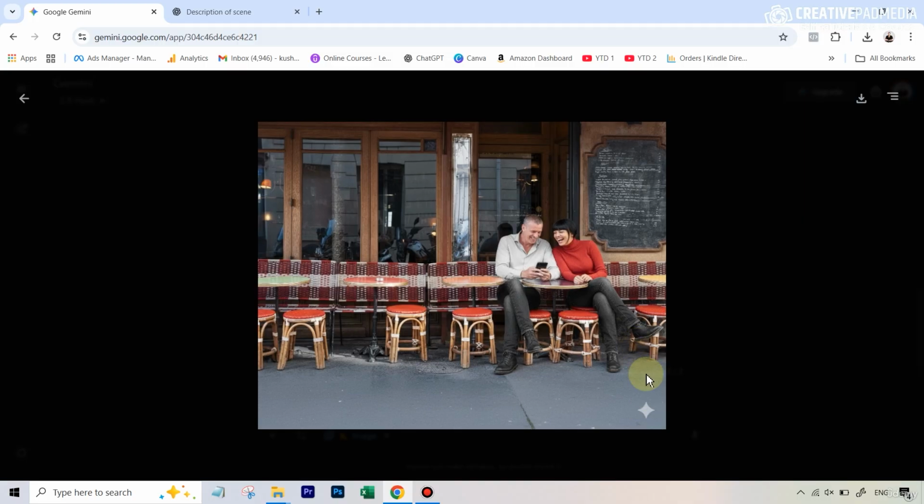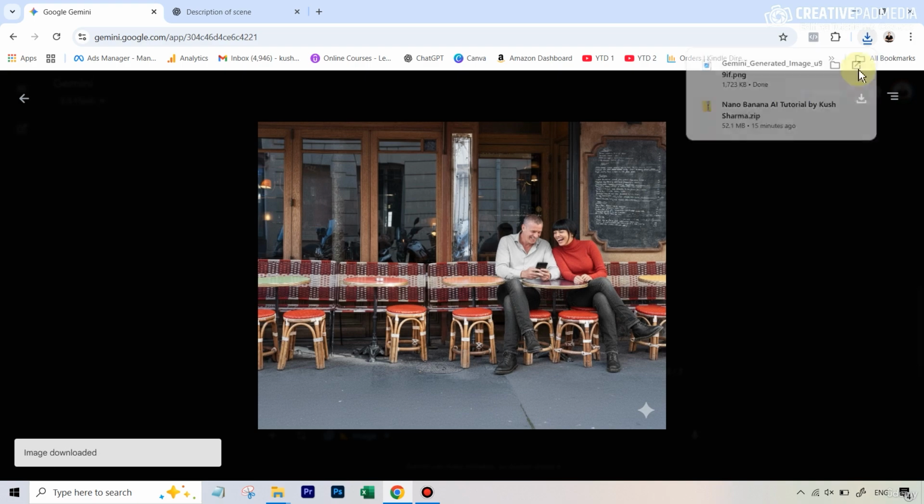But do note that if you were to further edit this image inside Gemini, it'll actually add a second watermark, and you'll be able to see two watermarks. You can't do this inside Gemini, but you can take it onto any other platform and get rid of it. And you'll be seeing so many platforms in this course, okay? That's one thing. Secondly, if I was to download this image, okay, so I'm just hitting the download button,